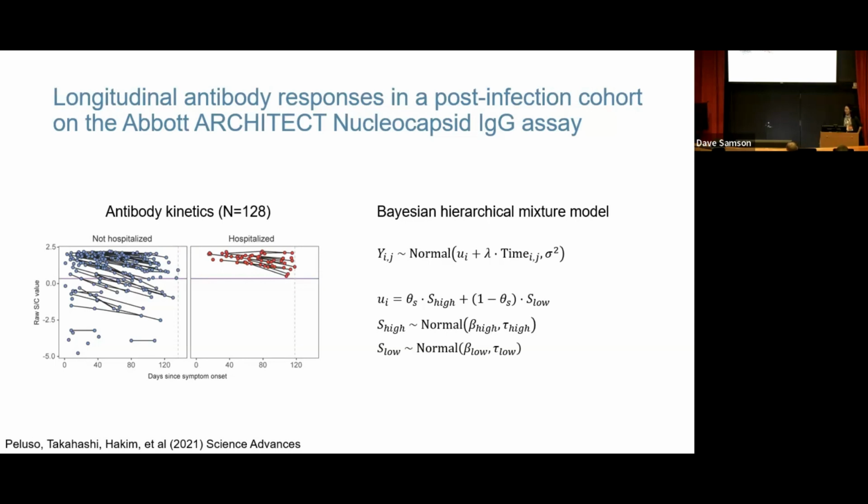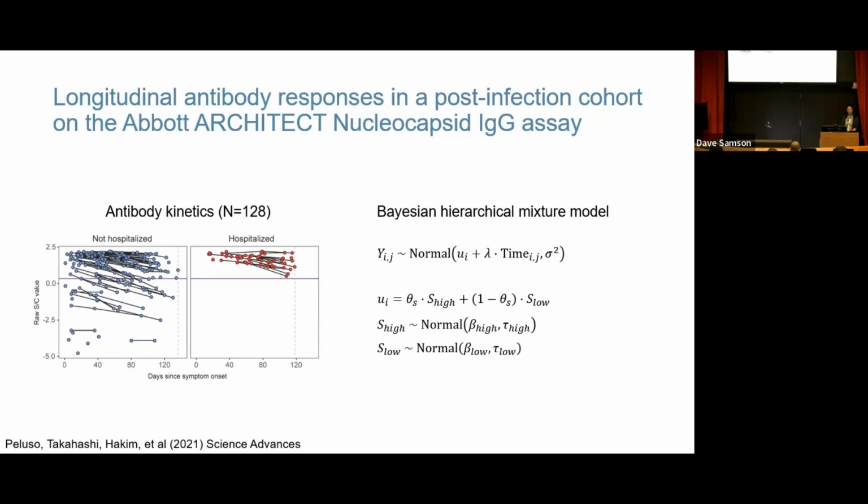You can see quite clearly that individuals who had more severe infection also had higher antibody responses shown on the Y axis. Hospitalized individuals had the highest antibody responses, and in the non-hospitalized population you have both high responders as well as low responders. The purple line here shows the cutoff for seropositivity established by the manufacturer. You can see that there's quite rapid waning, and you can imagine how the sensitivity of this assay might be quite high at the beginning, but would decline quite a bit as time since infection,